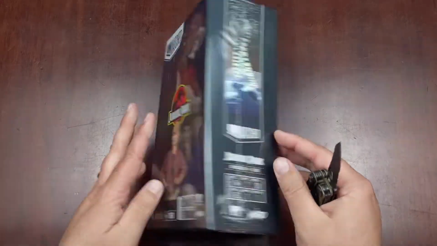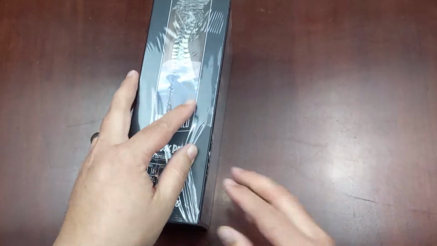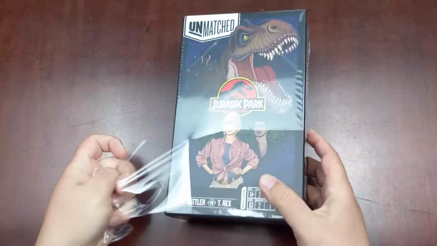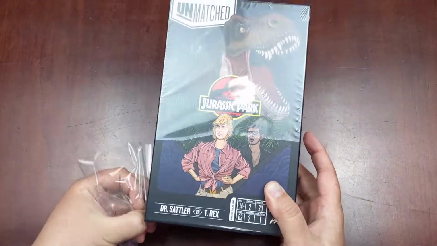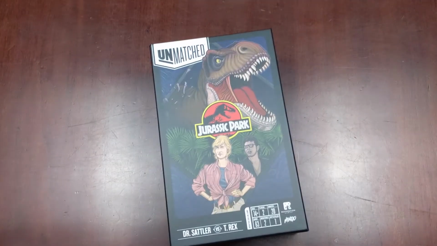Of course, the box here, you just unwrap it real quick. Of course, everything's going to come in cellophane. They've got some nice artwork on the front depicting the T-Rex, Sattler, and Malcolm, which are your two heroes, and Malcolm being the sidekick. Then we pop the lid off here,